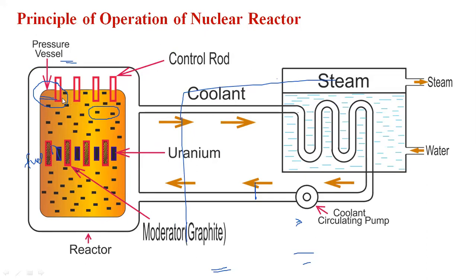The complete operation is based upon the control rod. We can operate the whole nuclear power plant this way. The power generation can be controlled based upon the control rod. Whenever the control rod is pushed towards the graphite material, that is, towards the reactor core, the fission is absorbed. Only a few fission processes are released, and the power generation is minimum. Whenever it is pulled outward, more fissions are released, and the power generation is also maximum.